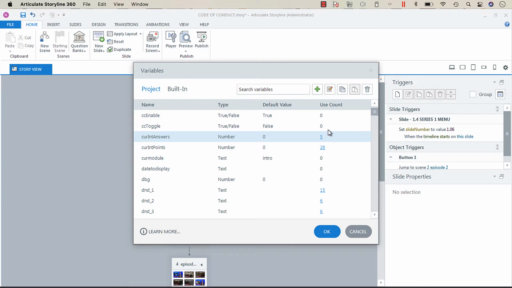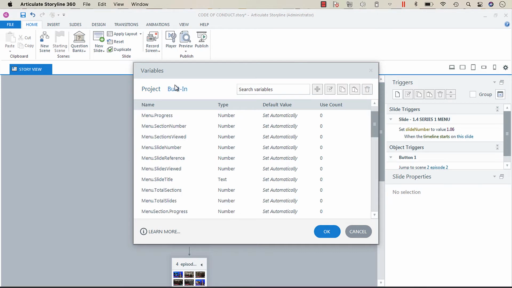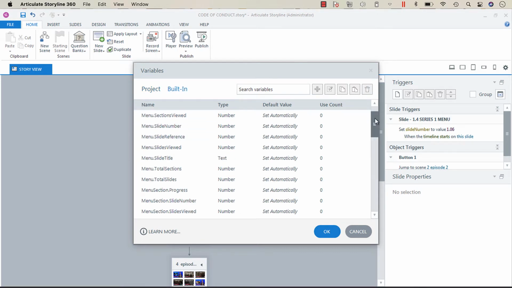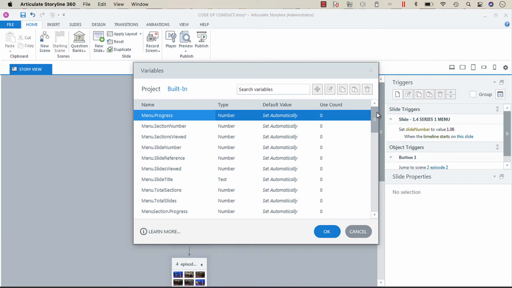Hey everyone, so in today's video I wanted to share with you a very easy way for you to delete multiple project variables at once. Now you won't be able to delete built-in variables. They're just there, and the only way that you can really get rid of them is if you create a